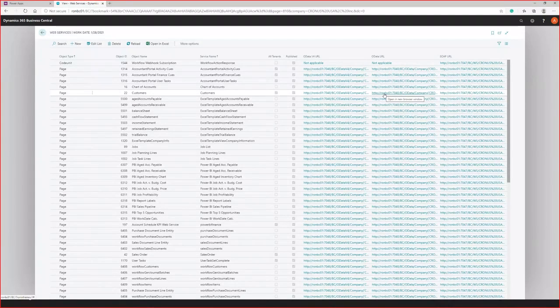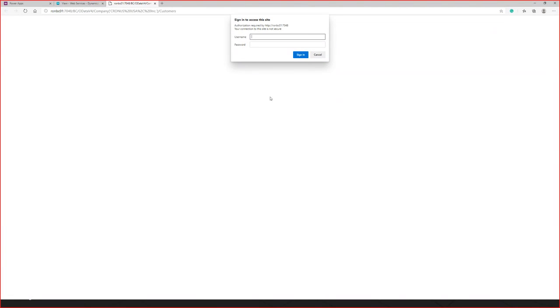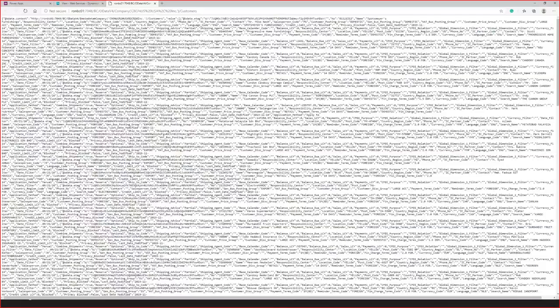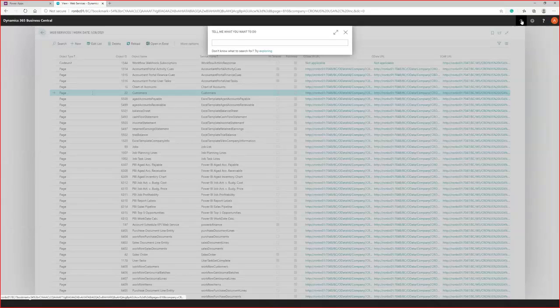Anytime I set up a web service, I tell people that once you set it up, you want to click on it, because it's going to try to hit that web service. I'm going to try to log in here using my username and password, and it's going to come back, and this should error out because I just used my standard username and password. Actually, this one didn't. This might be set up slightly different. It didn't error because I logged in earlier, and so it cached it. But we would have gotten an error.